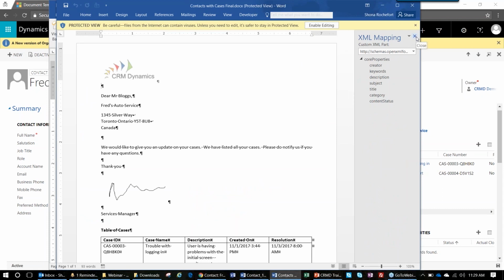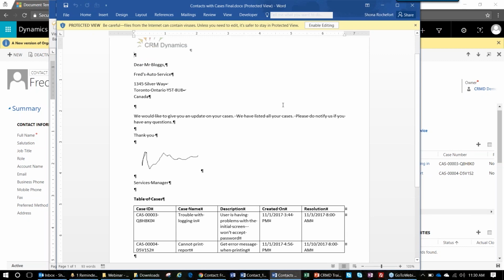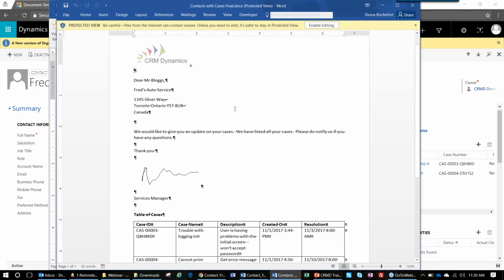Now, once I've got this document, I can now do what I like with it. I can print it, I can email it, I can file it, I can turn it into a PDF. This is a standard Word document. Now, that's basically the Word template. The one thing I was going to show you on here,